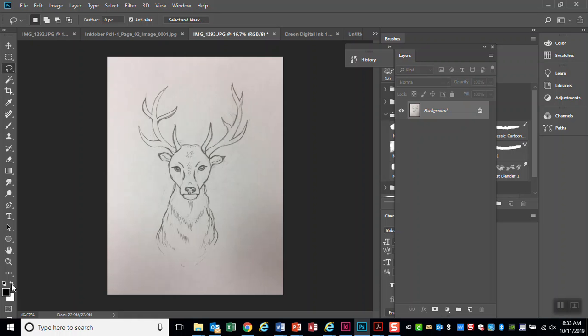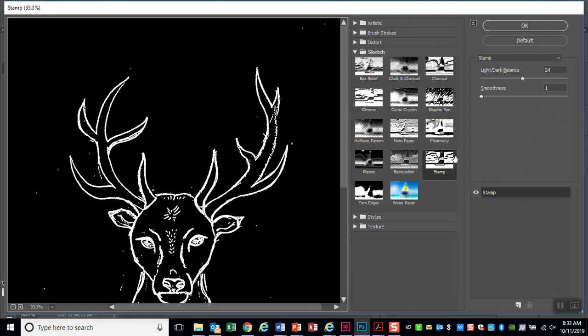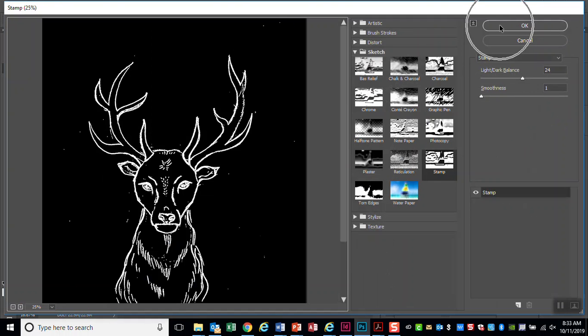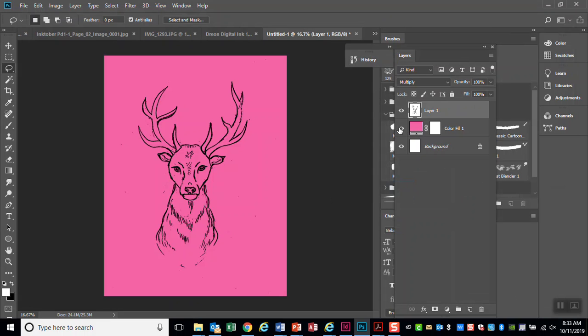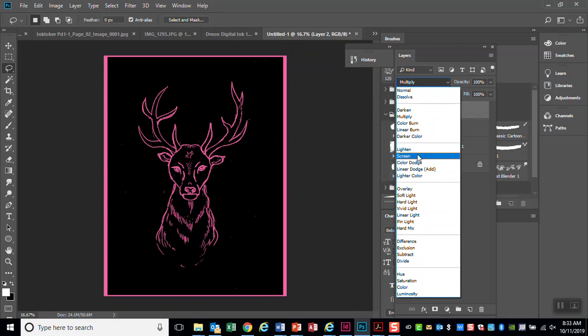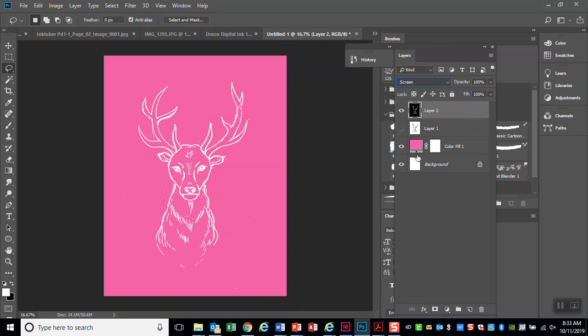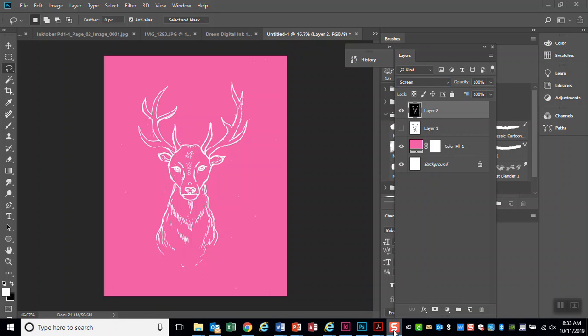You could also hit X on your keyboard, and if you change it when you do filter gallery with the stamp, you can see I get the opposite where it's white on black, and I can do the same thing, Control A, Control C. And this time, let me turn this one off. Instead of doing multiply, I would do, I think, screen. And then I would get the white outline. So that's something else you could do, and then go find a texture. I'm gonna go ahead and stop this video, and then I'll make a different video showing